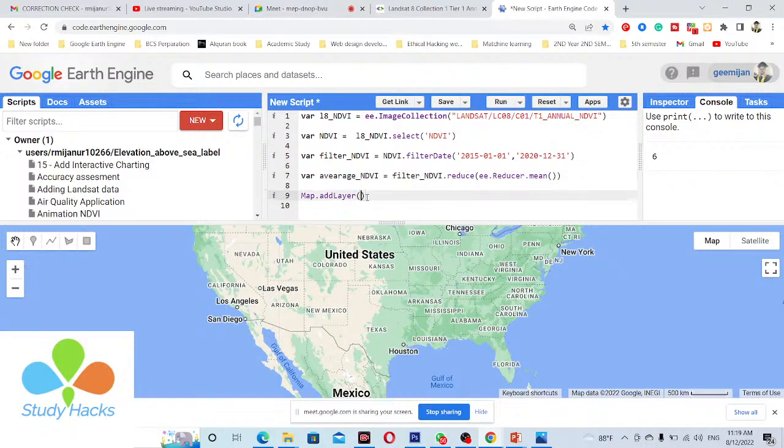This time you can see when I run this code, it is showing the whole world for this time period. Okay, so it will be working. Finally we get a totally ash color or white color map, because I did not add any visualization for high NDVI values. Just a minute, it's working.